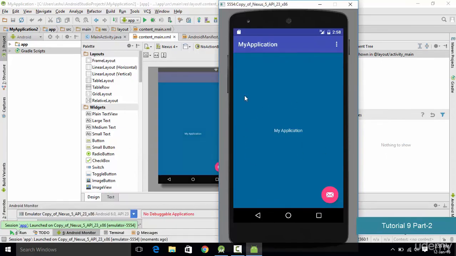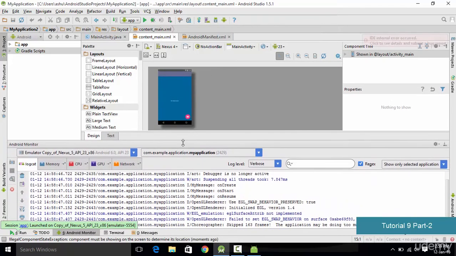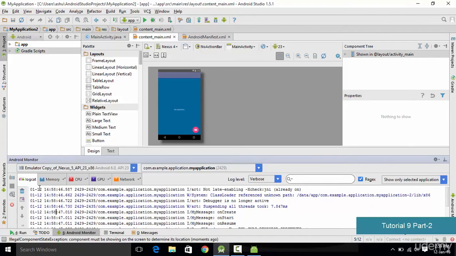As you could see, our app has successfully been launched into the emulator, but the main thing is that we needed to keep an eye on the log messages which we have printed out, and those log messages are going to be displayed in this console right here. But the thing is that it is going to display each and every event which occurs on the emulator, but we actually want the messages which we have printed out.